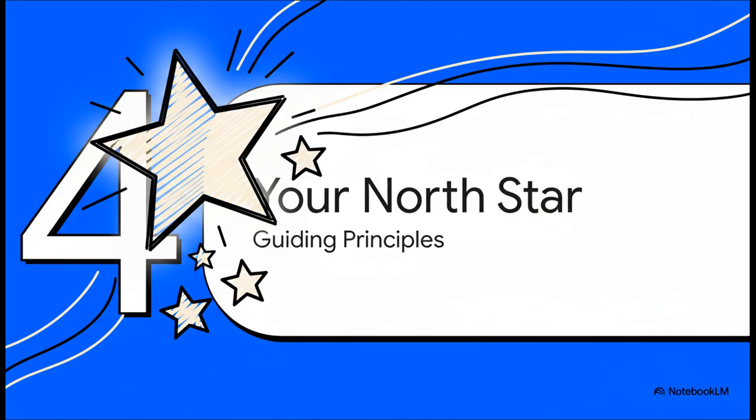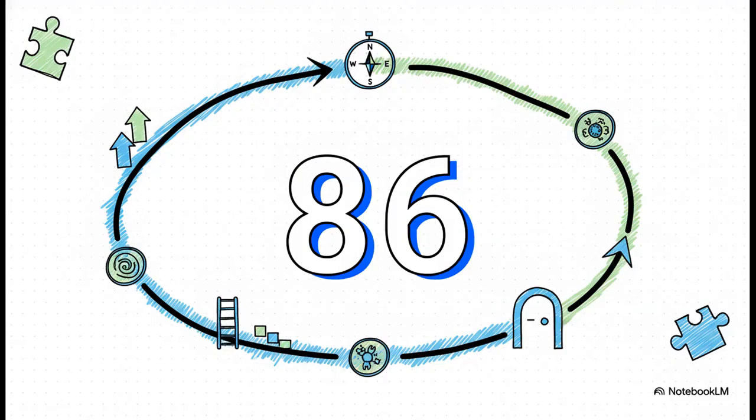All right, let's pull all of this together. I know it can feel like a lot to take in, but really you can think of WCAG as your North Star, a clear guide to creating a web that works better for everyone. Now this number, 86, it looks big, I get it. That's how many success criteria are in the latest version of WCAG. But try not to see it as 86 chores you have to do. See it as a comprehensive 86-step map. Every single one of those items is a clear instruction for how to remove a real barrier for a real person. It's literally your roadmap to inclusion.